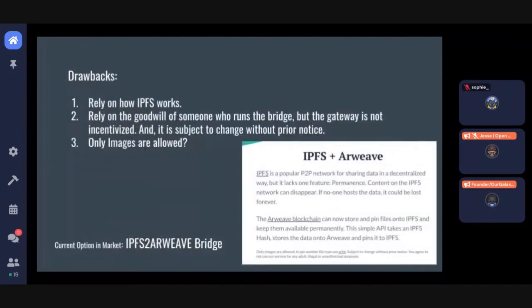Currently, there are some solutions out there to bridge Arweave and IPFS, but after listening to the YouTube presentation by Sam Williams, we know that the bridge does have some drawbacks. It relies on the goodwill of someone who runs the bridge, because the gateway is not incentivized, and that's why it is subject to change without prior notice. And you could also read the little notice at the bottom. It says that only images are allowed. So what we are presenting right now,